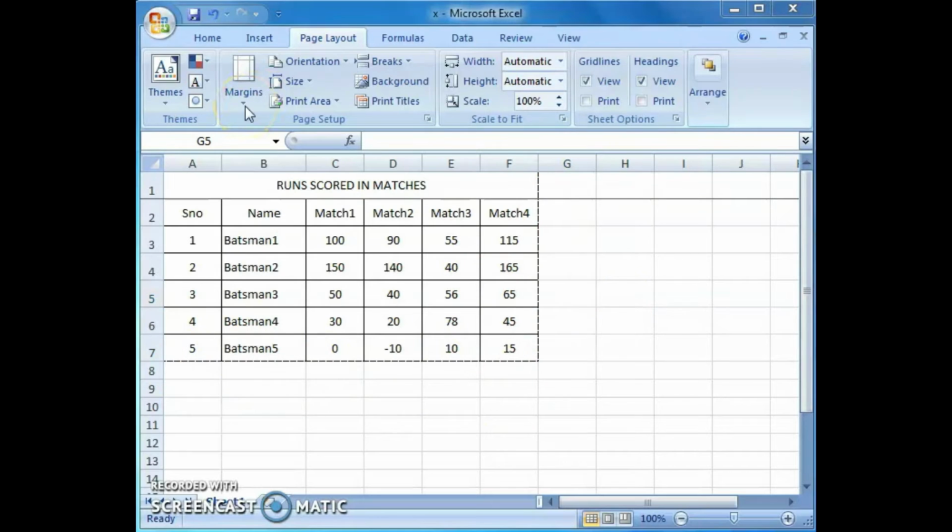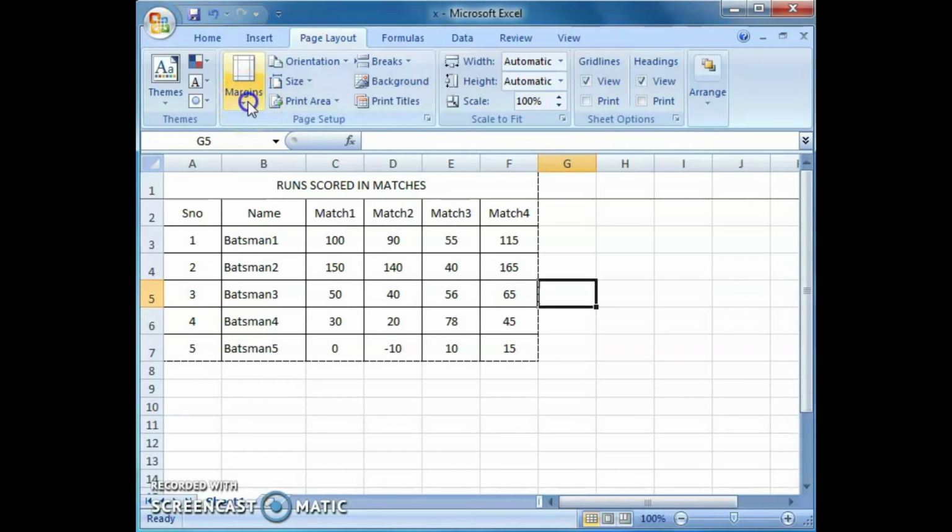Okay. A margin is the space between our content and the edge of the page. By default, the normal margin settings are applied to an Excel sheet, which is a 1-inch white space between the content and each edge of the page. Sometimes we may need to adjust the margins to make our data fit more comfortably on the page. A variety of predefined margin sizes are available in Excel.